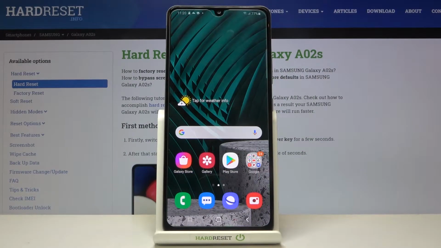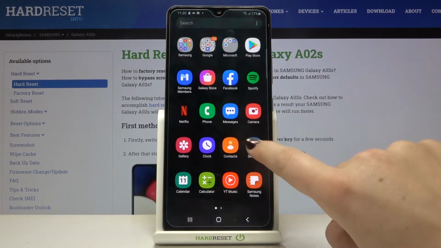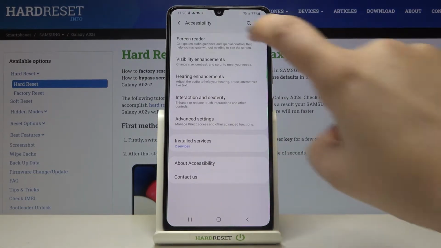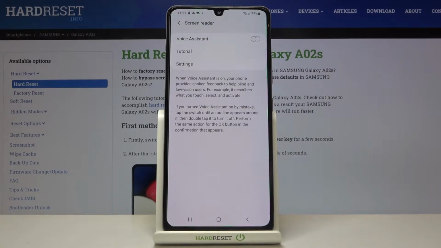Hi everyone, here we've got Samsung Galaxy A02s, and let me show you how to enable the TalkBack mode on this device. So first of all, let's find and open the settings, and here we have to find accessibility. Let's tap on the screen reader,